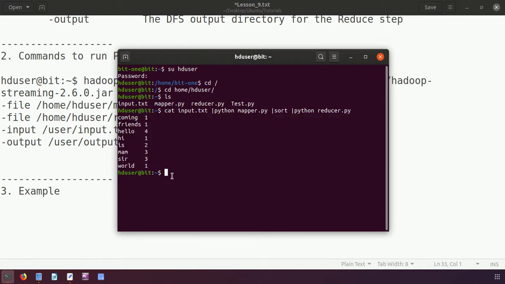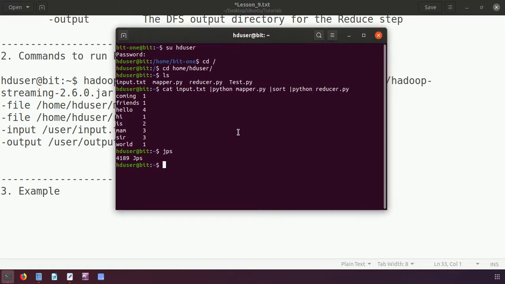Now for running the same program on the Hadoop environment or Hadoop cluster, before that we have to use jps to check whether the services are running or not. So the services are not running, they are off. What we have to do, we have to start the services. If you remember, for that I will use